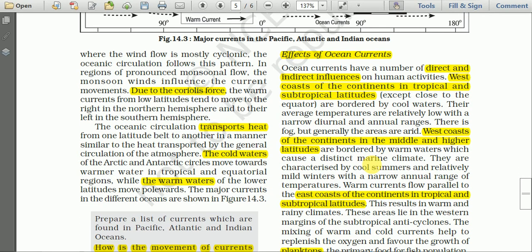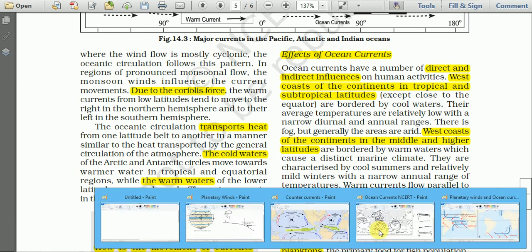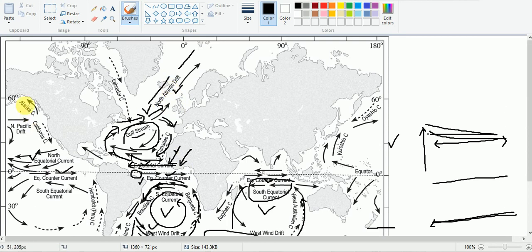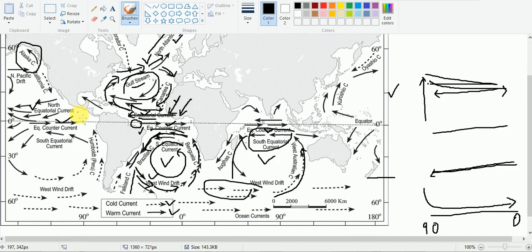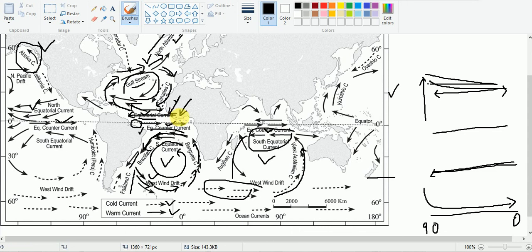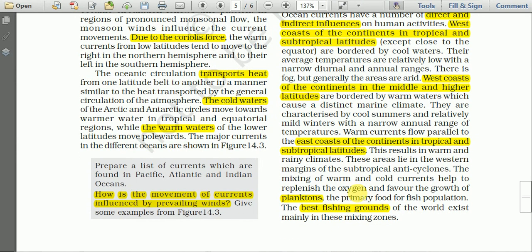Let me repeat. West coasts of continents in the middle and higher latitudes are bordered by warm waters with a quite distinct marine climate. Just the computer is hanging. West coast, see here. Here we have warm ocean currents, and this is the west coast of North America. Just an example. And likewise here also, we find these warm currents, and because of this we find a distinct marine type of